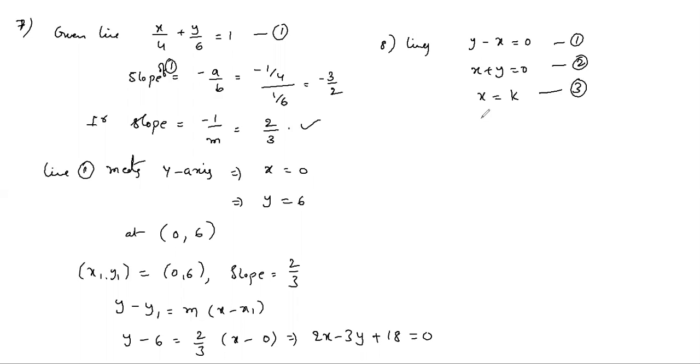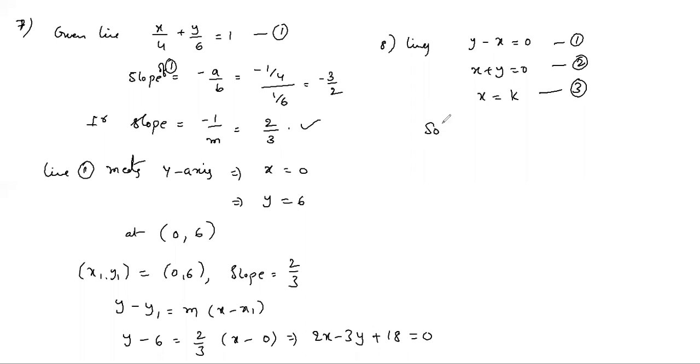In straight lines we also have a direct formula, in miscellaneous examples. We have to convert the lines in the form y equals m1x plus c1, y equals m2x plus c2, y equals m3x plus c3. But it is very difficult to remember that formula. So better you solve the pairs of lines so that you will get 3 vertices. If you know the 3 vertices, you can find the area of the triangle.